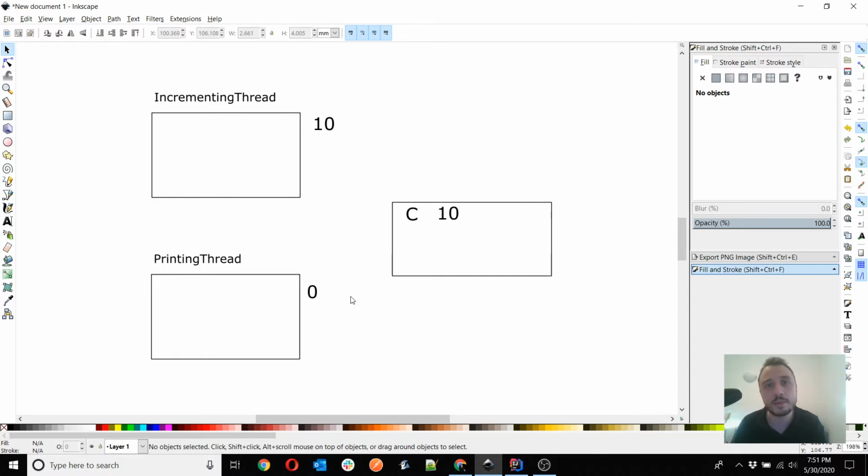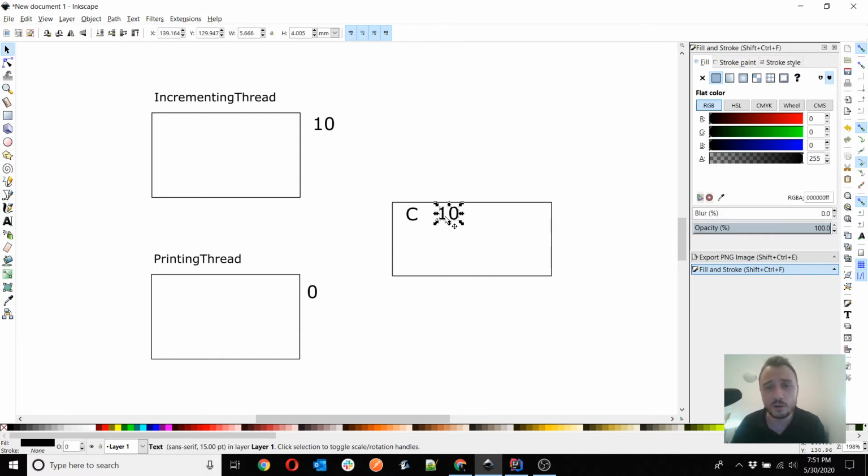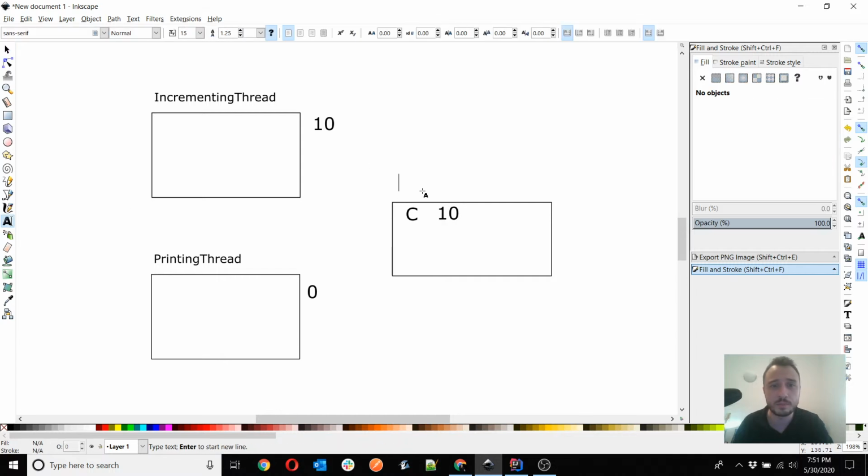Because it doesn't really make sense, does it? I mean, we have only one variable C that you increment, and you say that when we print it, it can be a different value like 0? How is that possible? Well, it is possible, because it's not guaranteed that the value 10 of C is stored in the main memory. So what I've printed here is basically the main memory.